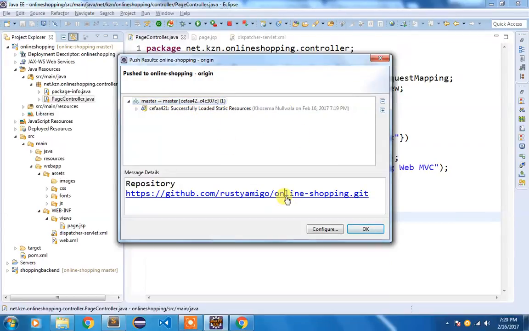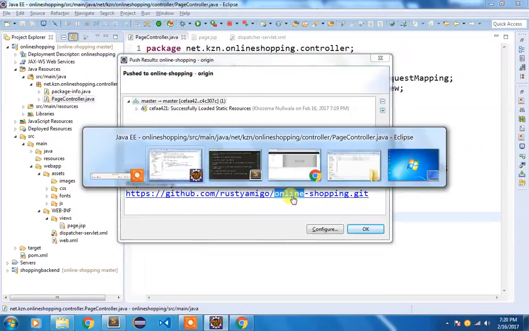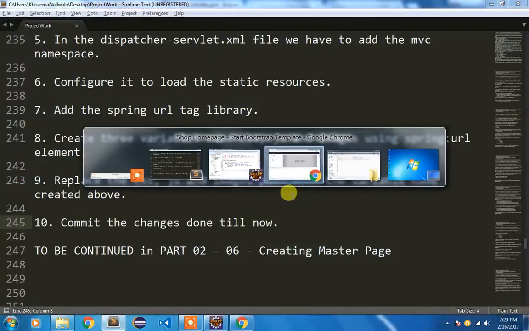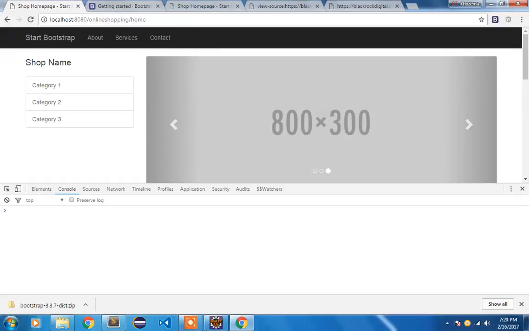To verify, I will just simply click it, or I will go to my repository directly if it is not opening.